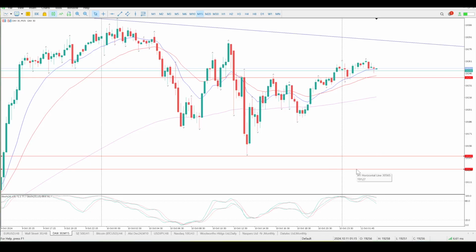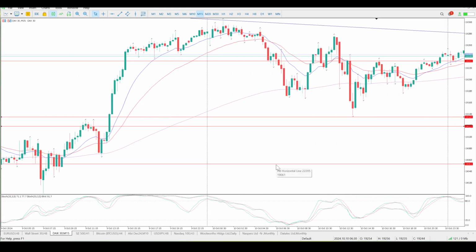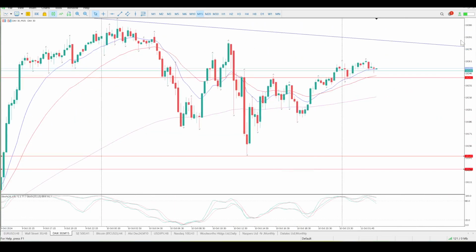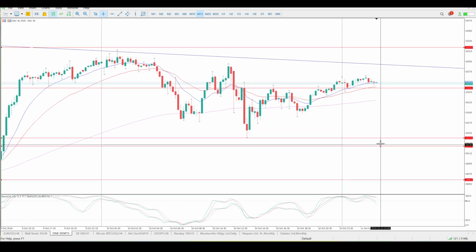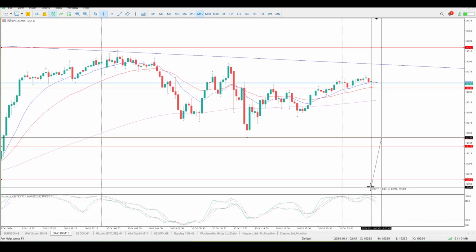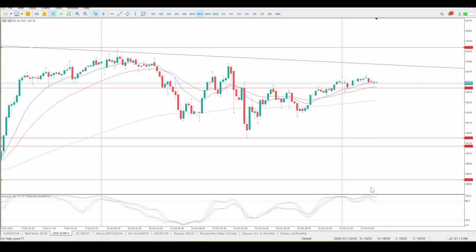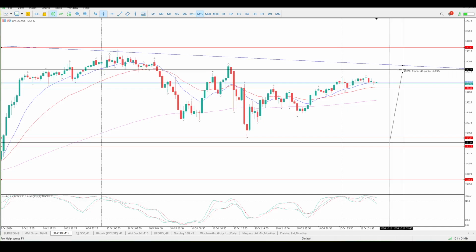I'll put an alert down here at 19,145, I think, is where we'll put the alert. And if price does get down, it gives you an opportunity to pull out your phone and have a look to see what's happening, wait for the price action, and then take the trade. Your stop is going to be below 19,160. So that is a relatively large stop loss if you look at this. Not that big, it's 100 points. So really reasonable trade, and your target, as far as I'm concerned, is going to be somewhere in 19